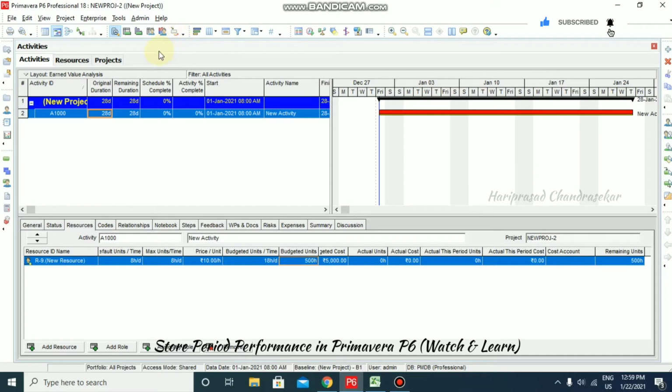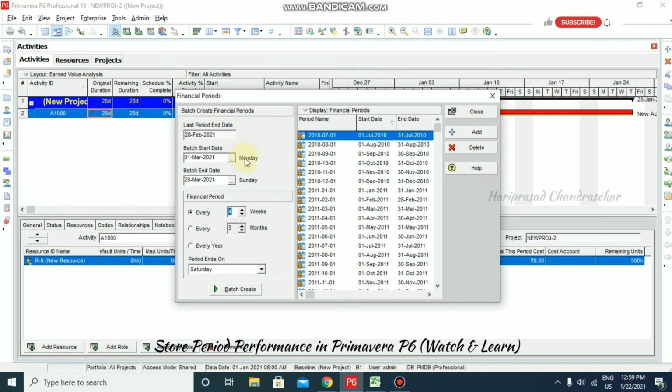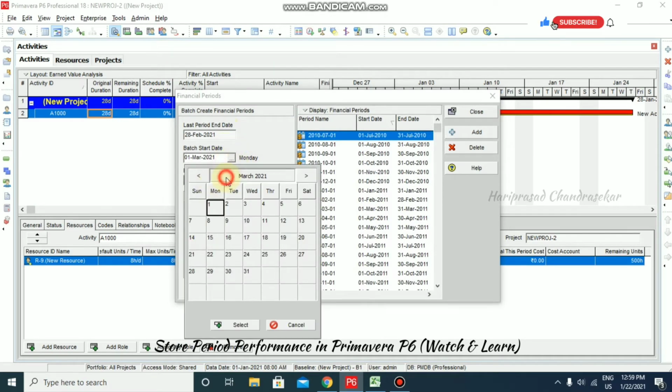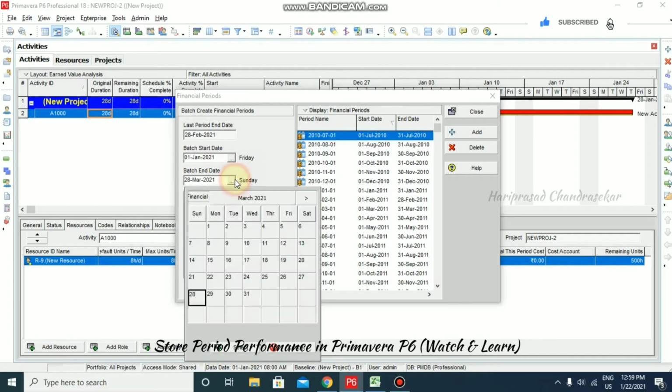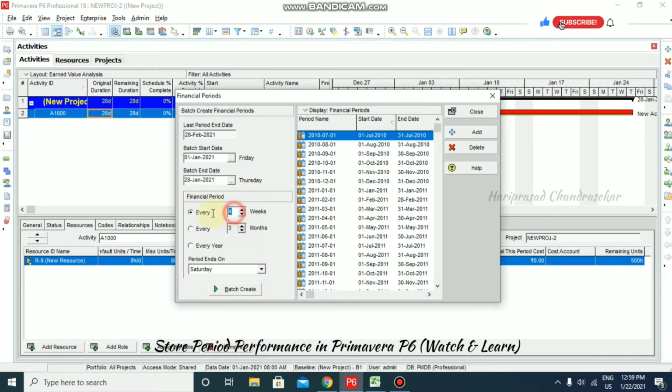For that, I'm going for admin, financial periods, and here I'm giving the first date as January 1st, and the batch end date as January 28, and every 1 week we are going to create a financial period,